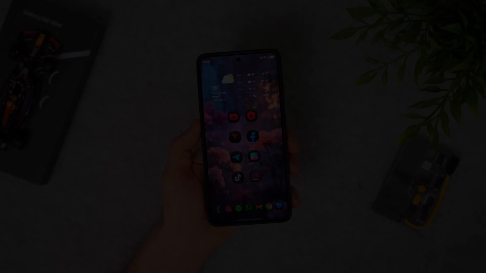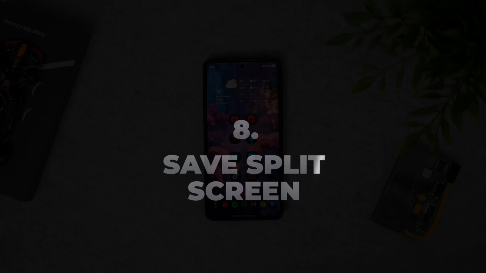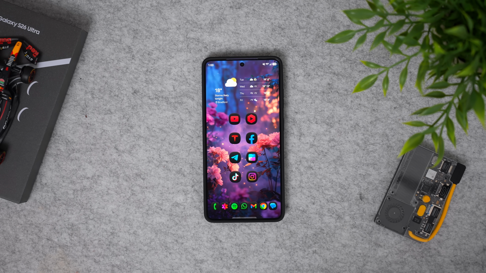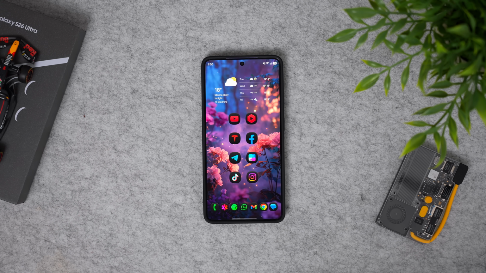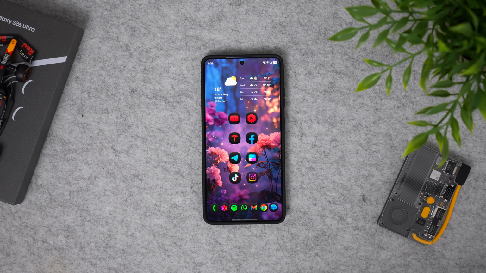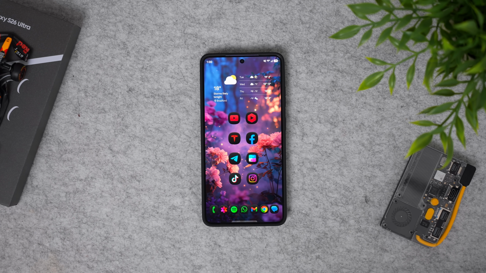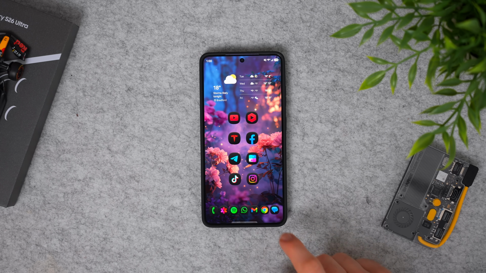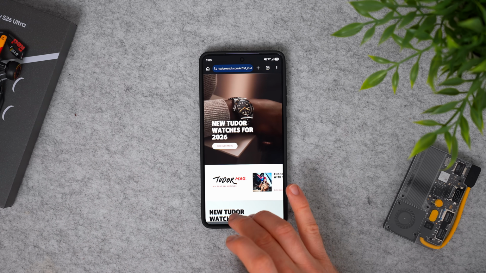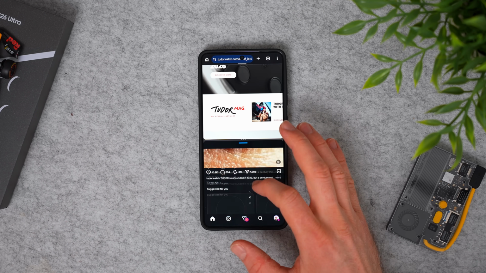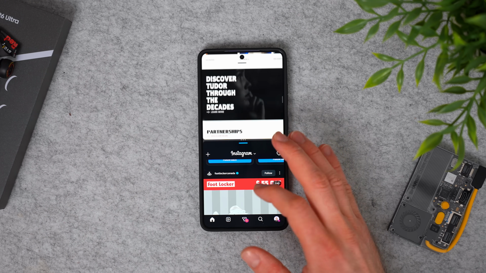All right, now if you're somebody who likes to use split screen multitasking on your Galaxy phone, and maybe there's two apps that you like to use together often, well, instead of having to relaunch them every single time, you can add them as a favorites pair to your home screen and quickly launch them next time you want to use them. So let's say, for example, you like to use Chrome and you like to split screen this with something like Instagram. And these are two apps that you use very often together. Well, what you can do is